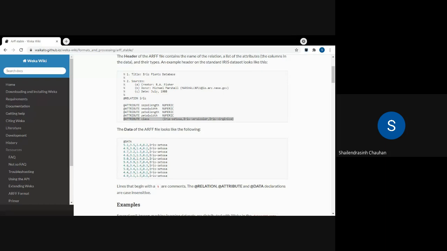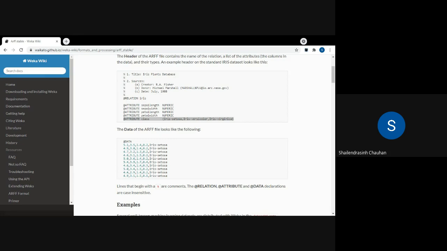Whenever you want to have a nominal type of attribute, you can declare it like this. In the weather.nominal data set in the previous lab, all the attributes were of type nominal. They had some fixed values, like temperature had the values hot, mild, cool.